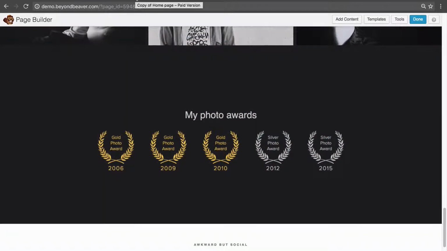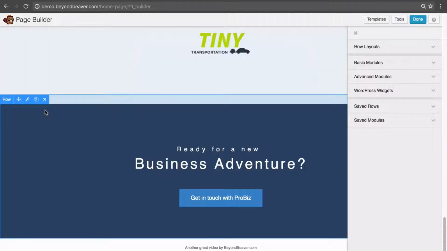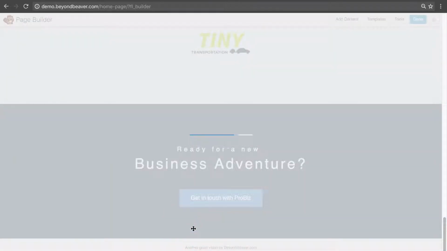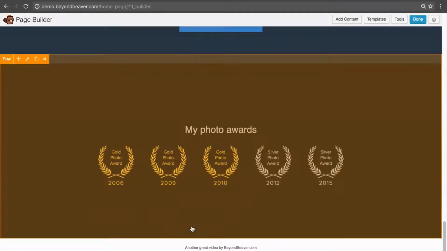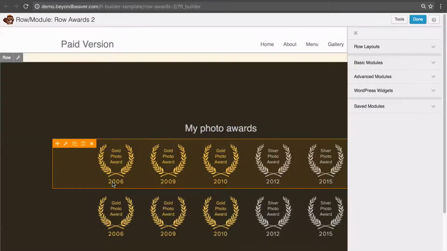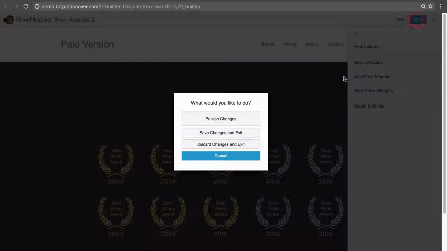And then if we go to another page on our website, like this one here, let's insert that row that we just saved, and you can see it says global here. Let's drag it in. And now whenever we edit this row, it will update everywhere on our website. So if I click to edit this saved row now and make 2 rows of awards and then save this row,